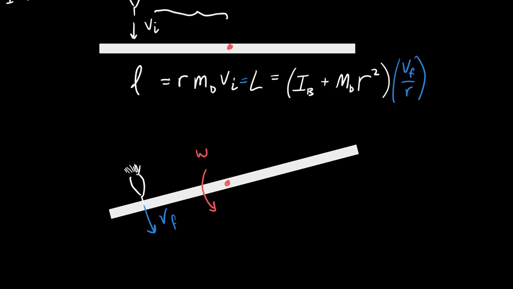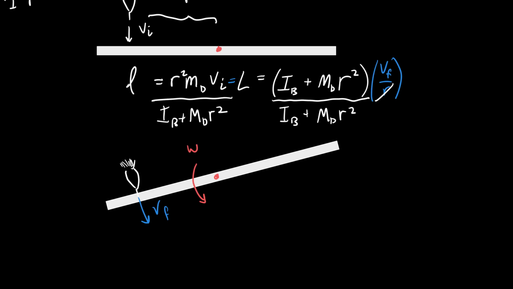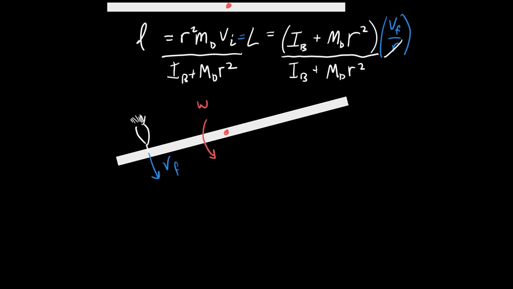And there's not a whole bunch of math here. I'm going to multiply both sides by r and put an r squared over there. And then I'm going to divide out both sides by IB plus MDR squared. I'm going to rewrite this so it's a little neater, and I get VF equals